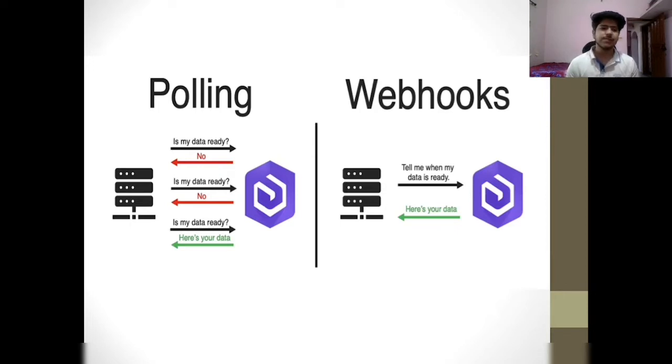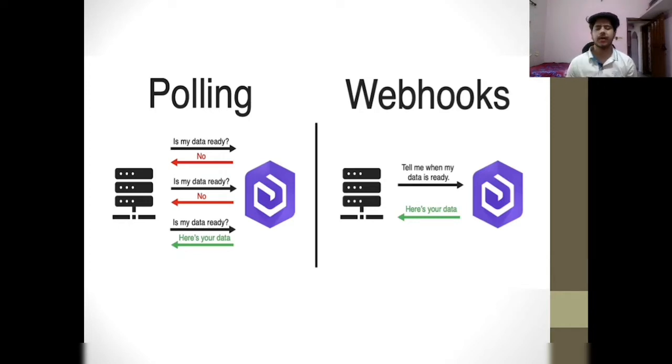So which is better? It totally depends upon what you want. If you want your system to run on your machine, or you want to test your system locally, then you can use polling. But webhooks are more efficient, because while checking every time, is my data ready, is my data ready, in case of multiple data in that particular short interval of time, some data may lapse. In case of webhook, these chances are very low, so your data may not be lost.